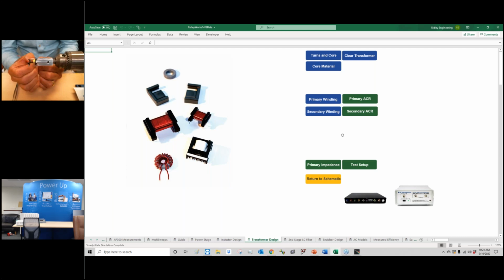So we're up to 7. 8, 9, 10, and 11 turns. Come up around the bobbin, wrap it down, and voila, there's the windings done. If I put them all in the right pins,